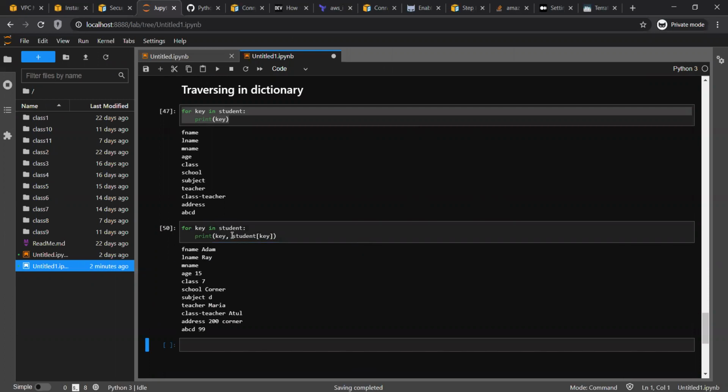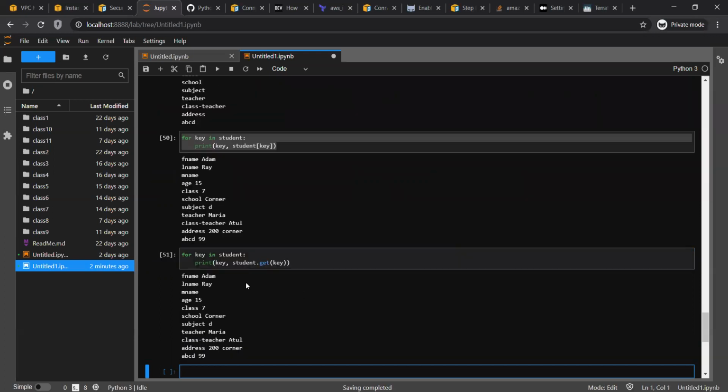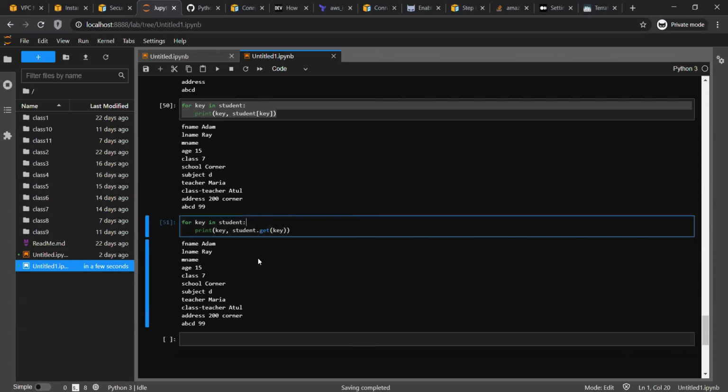So either you do this, or you can do student dot get key. That will also work. So this is one way. This is another way. There is another way as well.